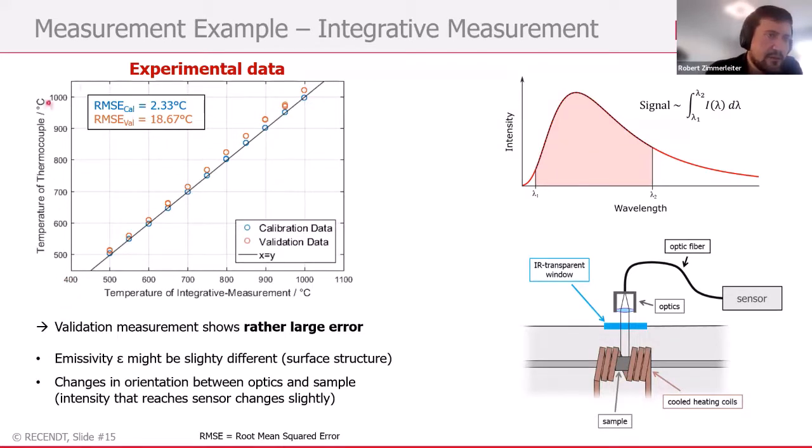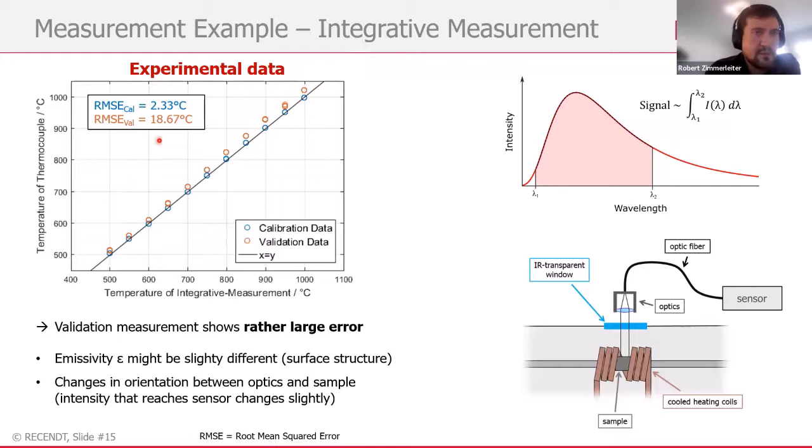Here we can see now the temperature of the thermocouple on the y-axis and the temperature that was calculated from the measured infrared signal on the x-axis. And the ideal case would be that they are perfectly the same. This is the black x equals y line. And we can see in blue the calibration data gives us the 2.33 degrees Celsius that we already seen,